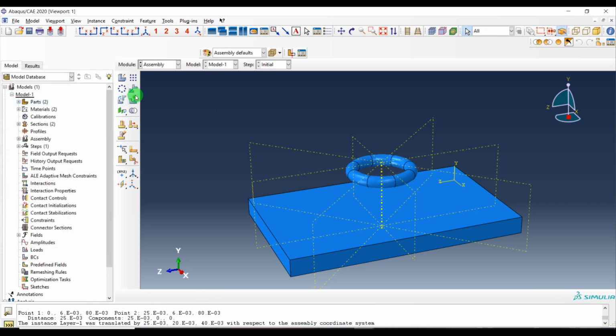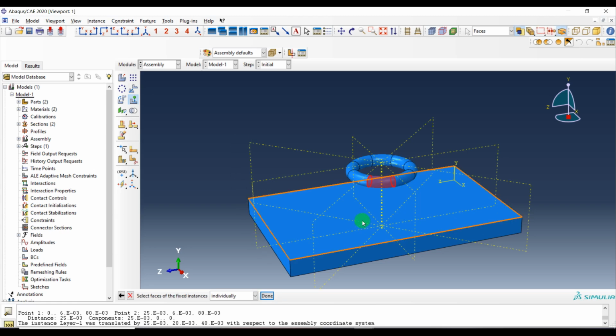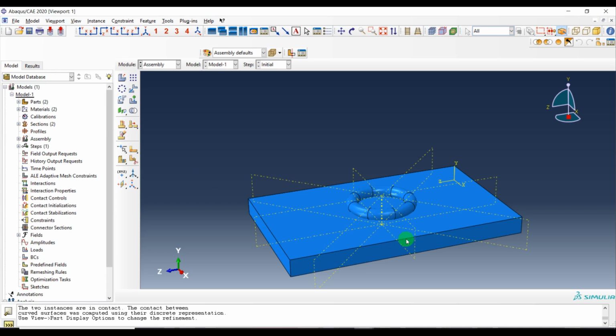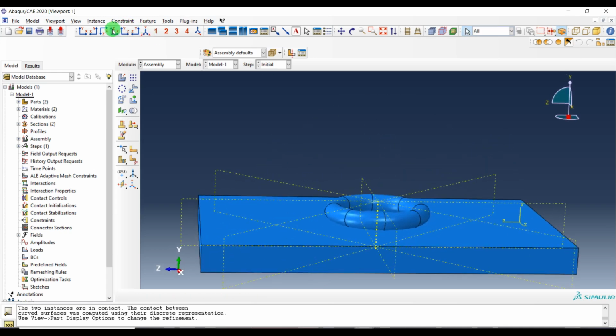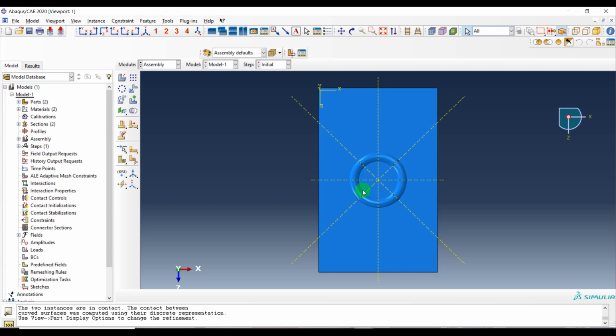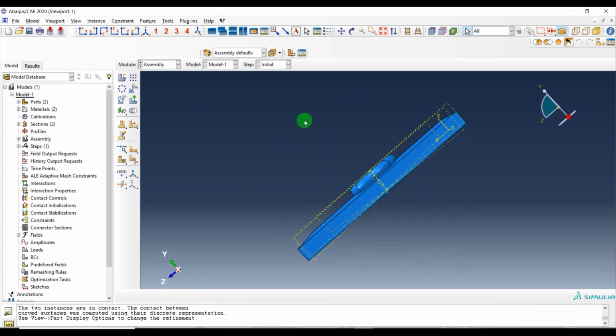Then we are going to move it to touch or place it exactly on top of our substrate. Our movable part is this one, and our fixed part is this, and the axis is the y-axis, and the direction should be like this one. Okay, now it's okay and everything is done. You can see it's located at the center of our substrate. Okay, then let's